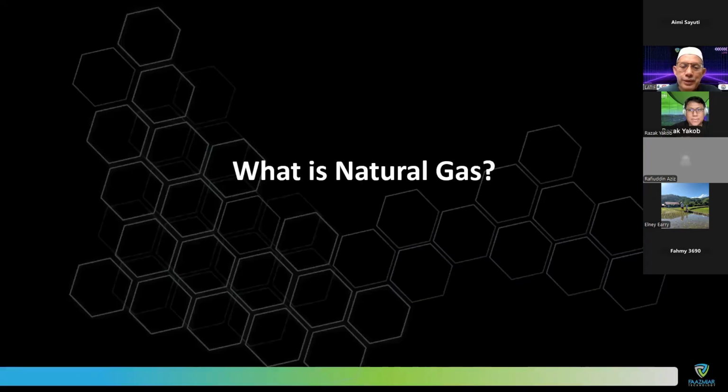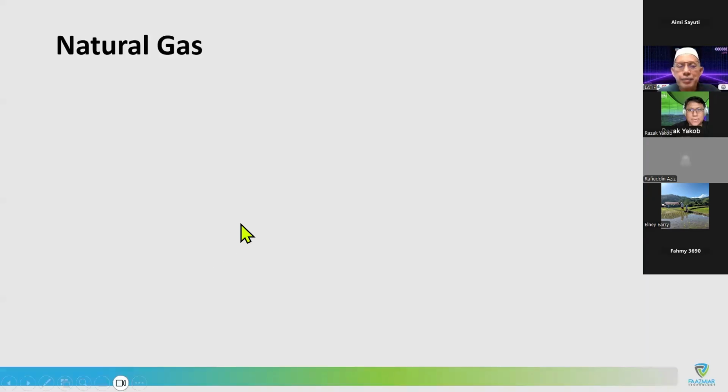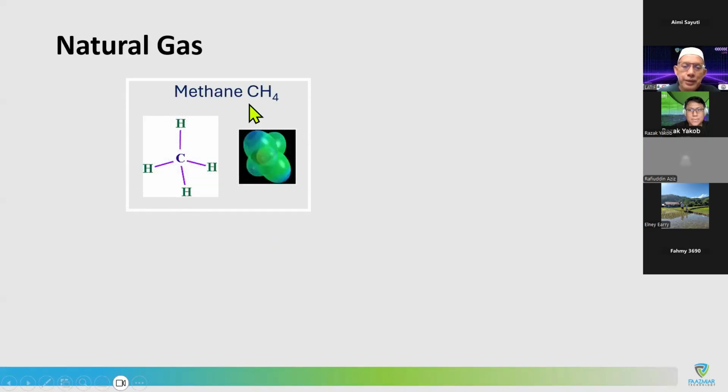Okay, the next one is: what is natural gas? Natural gas is a gas that we have been using. As you know, we split hydrocarbon into two categories: one is gas, one is oil. For gas, we have methane, which is one C and 4H bonded together, and this structure means it's a very light element. Air is a mixture, because in air we have nitrogen, carbon dioxide, and all the other components. So the clean gas is methane, only one carbon and 4H.